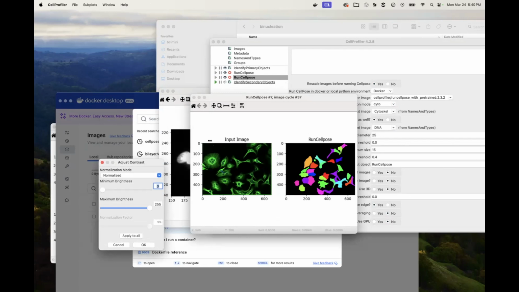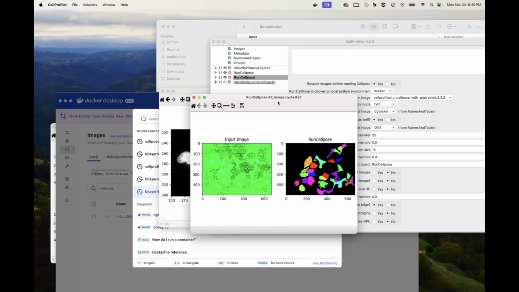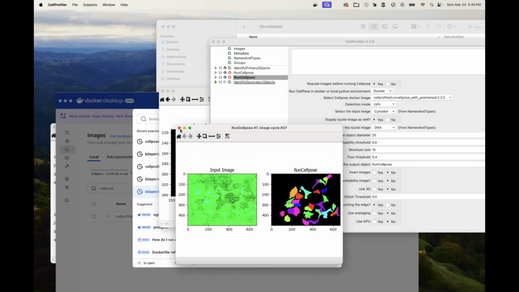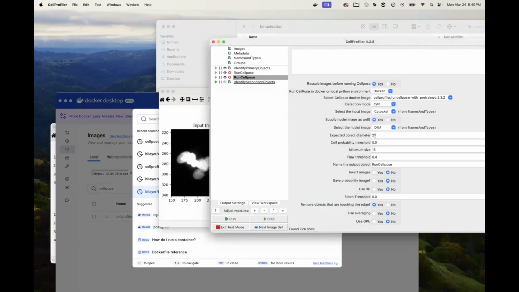I think it's still not going to pick up this cell because the cell is just so big. There's stuff we could play with, but that's another episode. But let's see if, when we don't give it a nuclear image, some of these things it gets a little better, like this cluster. Do you think there'd be a situation where bumping up the cell diameter in this setting a bit would help, because I think 25 seems to be on the smaller end of things? Maybe that will also help it.